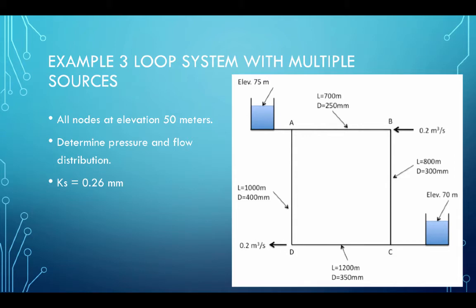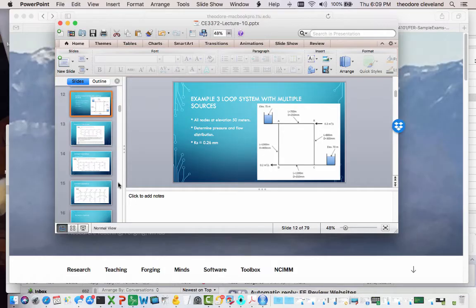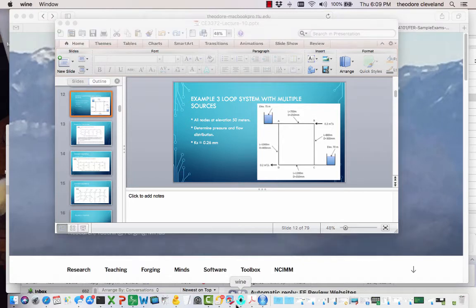Let's look now at example 3. We're going to continue with our EPANET training. And in this example, we're going to simulate a loop system with multiple sources. We're told that the elevation of all the nodes is 50 meters, and we want to find the pressure and flow distribution. So we will escape from the presentation, go to our